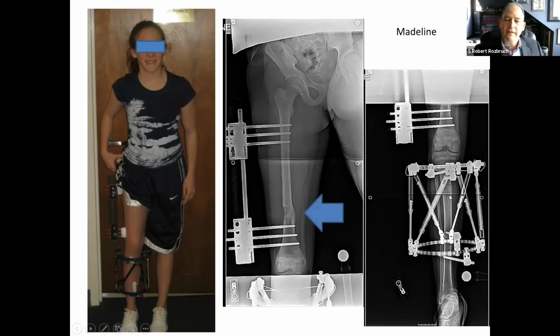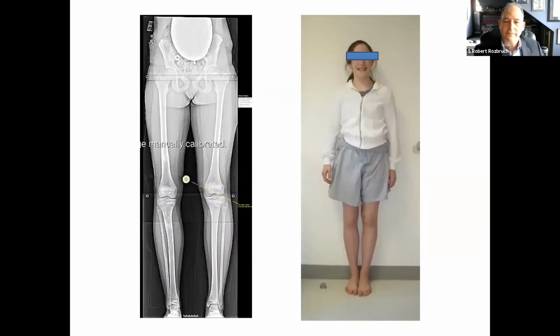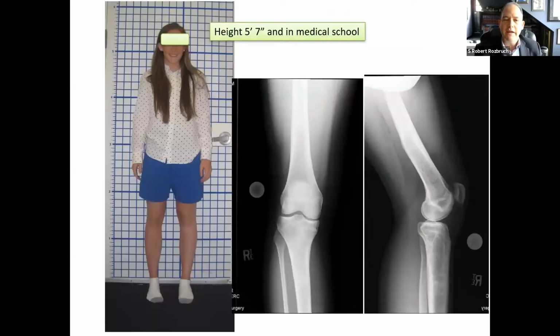And you can see the fixators. Patients are weight bearing as tolerated. The fixators are not connected, so they are bending their knee during this treatment period. And she ended up healing nicely. The bone consolidated well. It healed. The fixators were removed. I followed her for many years, and she ultimately had a very normal